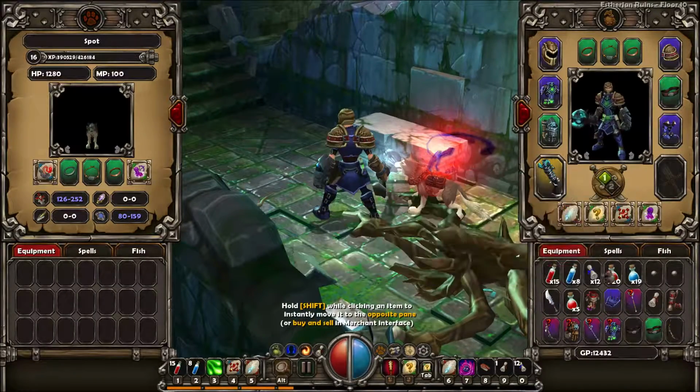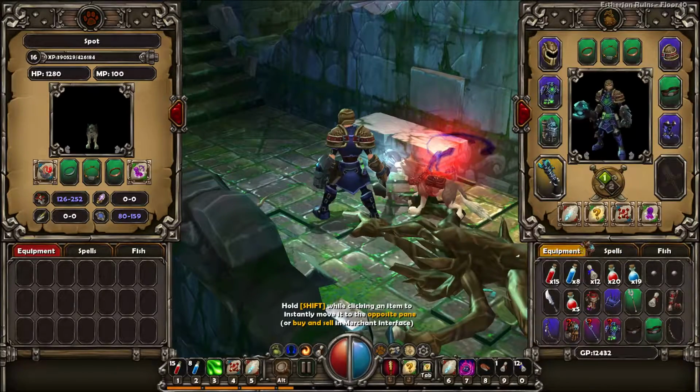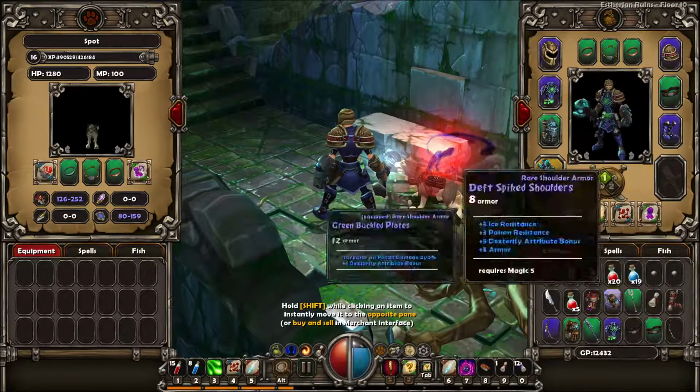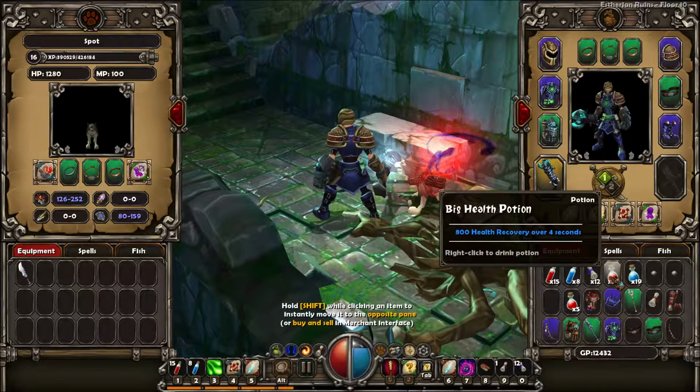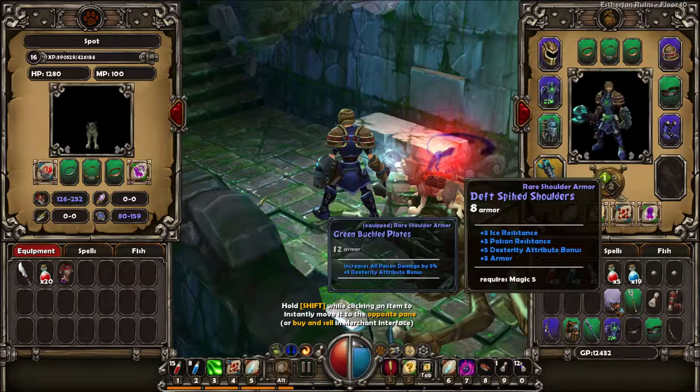Back to this. And the game practically pauses when you do this, so you really don't have to worry about something sneaking up on you and attacking you, which inevitably makes it kind of dull. Take that. Potions. Right, so